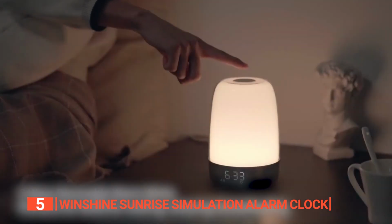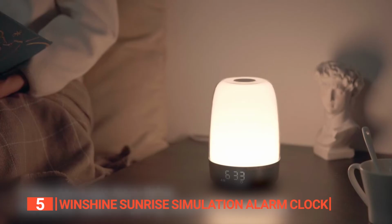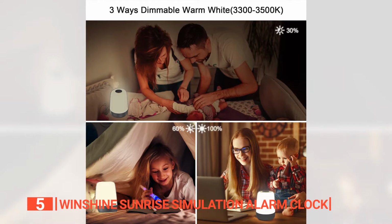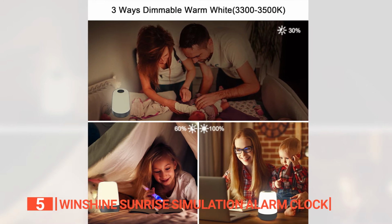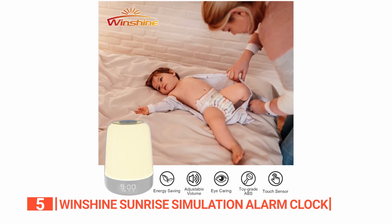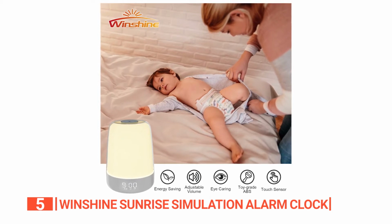Functioning as more than just an alarm, this bedside lamp serves as a multifaceted nightstand accessory. The energy-efficient LED bulb provides a stable, non-flickering light, ensuring a comfortable environment while offering significant energy savings. Designed with safety in mind, its construction uses toy-grade ABS plus PP plastic, rendering it a safe addition to children's